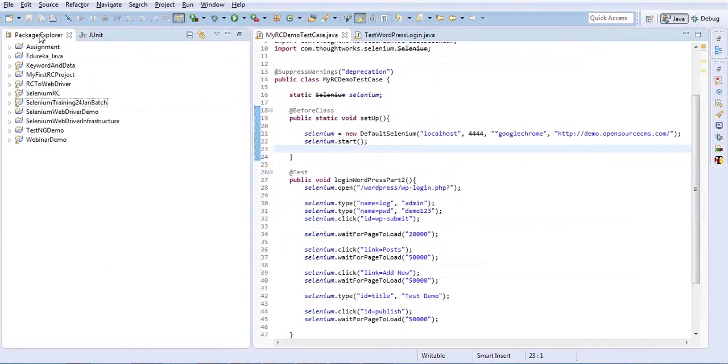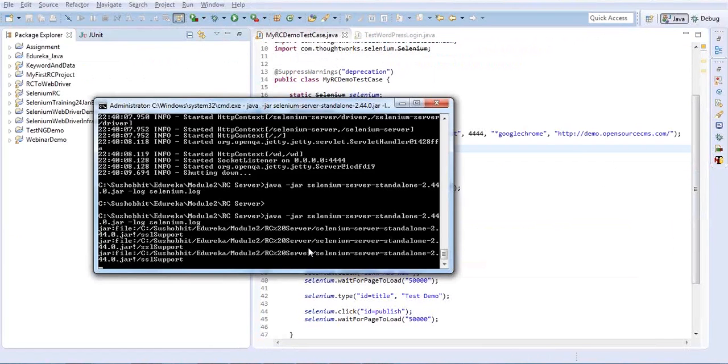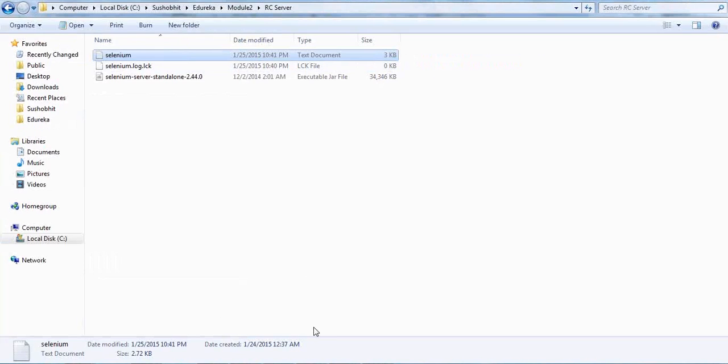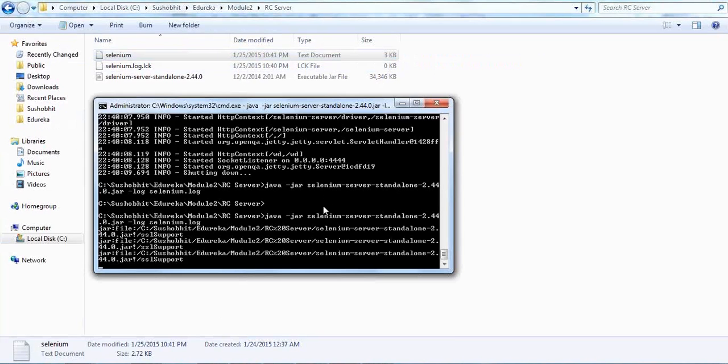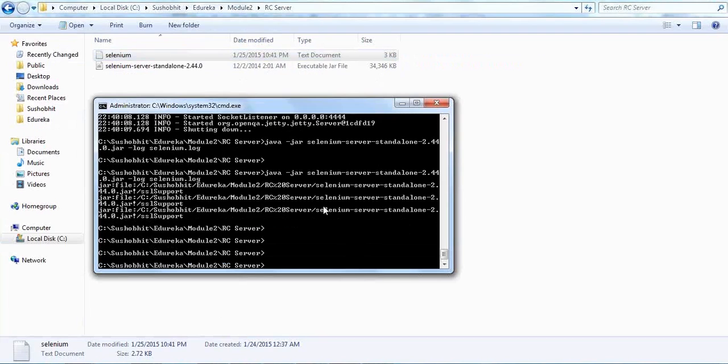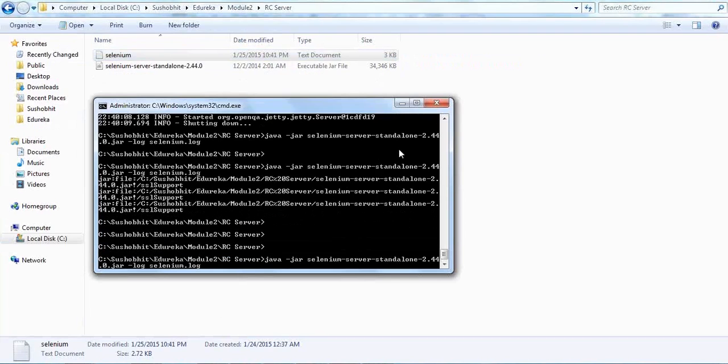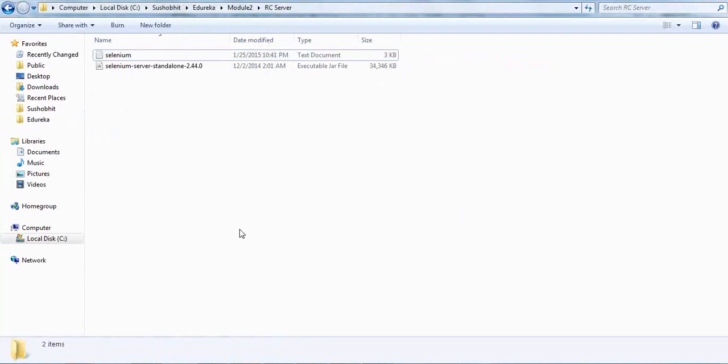So that was a server side communication that you can store, but for browser side communication also, if you want to store in a log file, then what you can do, I'll stop this server first. Okay. So in the PPT,